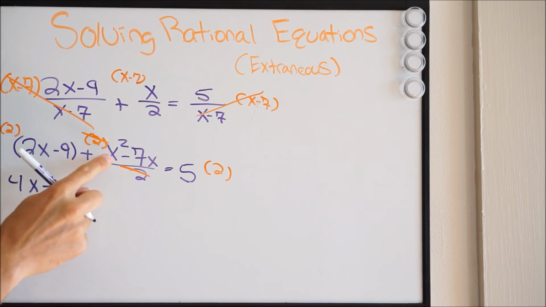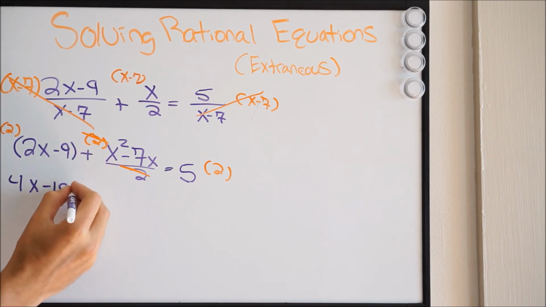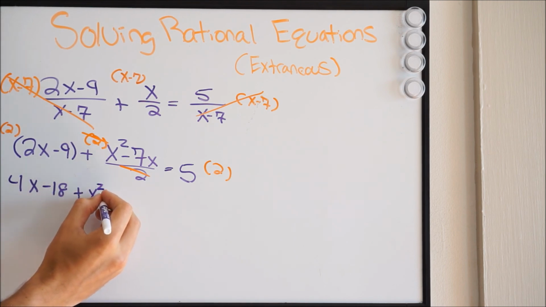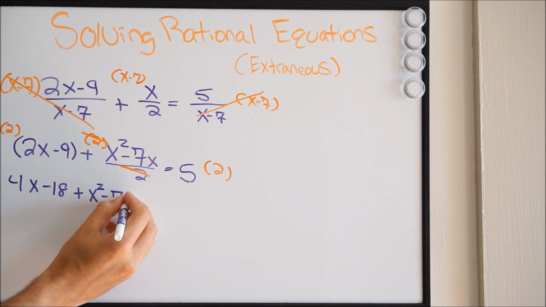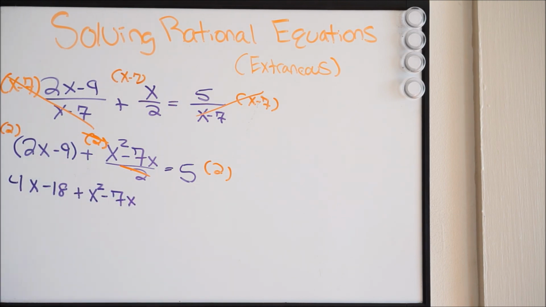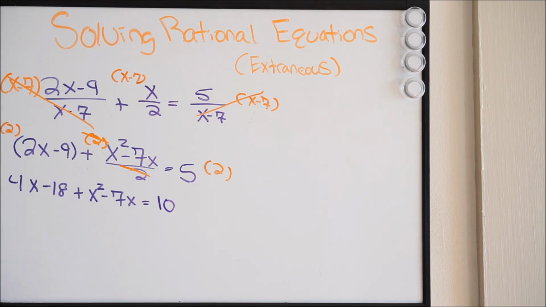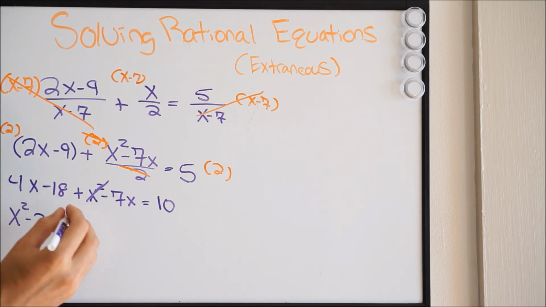Okay, we said that this naturally cancels out, so we'll have the following. Plus x squared minus 7x. Okay, and this will be equal to 10. Alright, again, let's go ahead and combine our like terms here. So I'm going to put this in order too. So I have an x squared. Okay, done with that. And then I have a 4x and a negative 7x, so that will make negative 3x minus 18